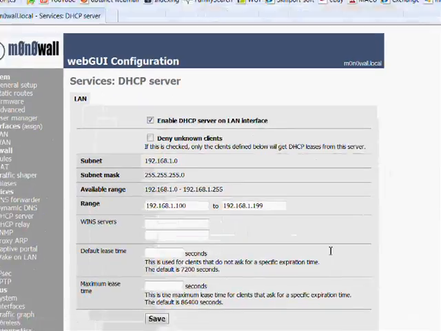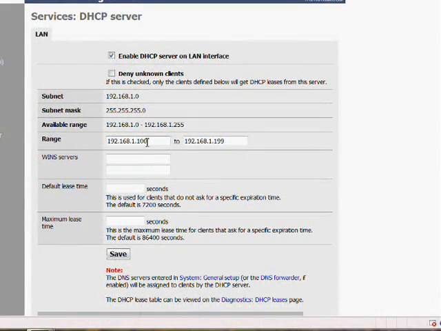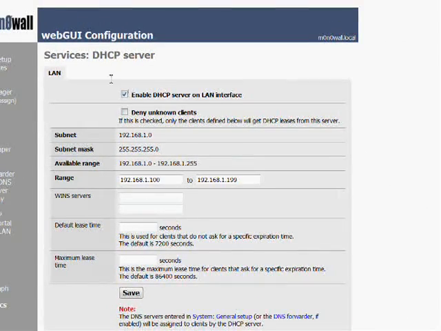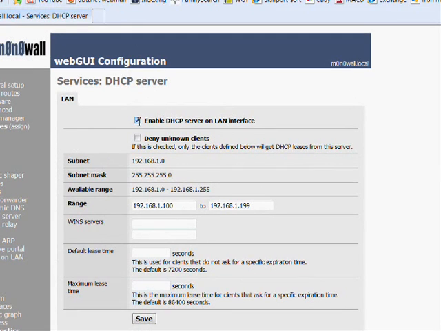This will give us some more information about NATing. Basically, this page is for turning on your DHCP server, and this box enables or disables it. Anyway, this is what I wanted to talk about, was the scope or the range of the DHCP server. So computers that plug into the network are going to be assigned one of these IP addresses, either anything from